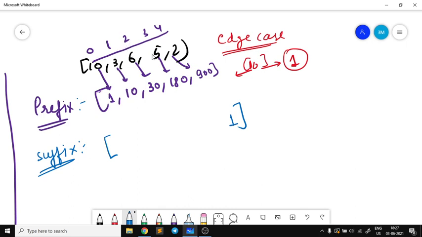Similarly, to find for this one, I multiply this one with this answer, because 30 is the product till this one, and to find this one I have to multiply it with 6. So if I multiply it with 6, my range will become this. I hope now it's clear to you.